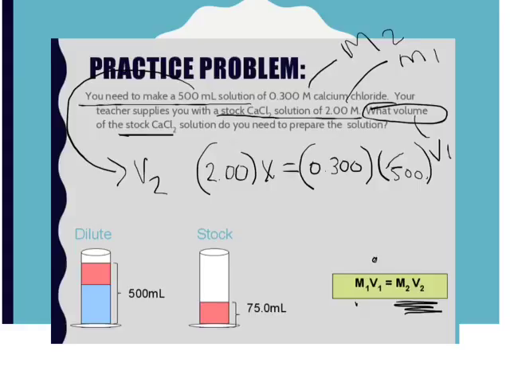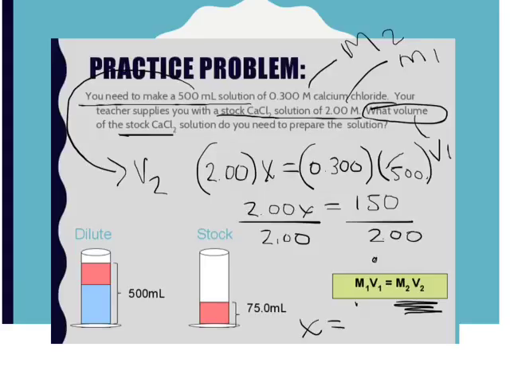We're going to take 0.3 times 500. So that's going to give me 2.00x is equal to 150. We're going to divide both sides by 2.00. And x will equal 150 divided by 2, which is going to give me